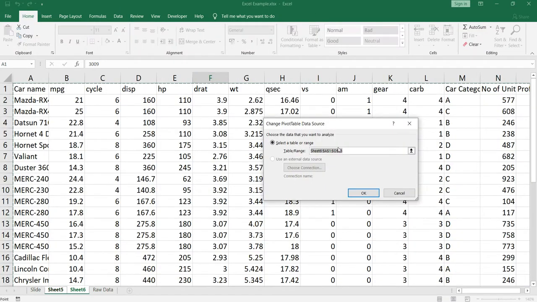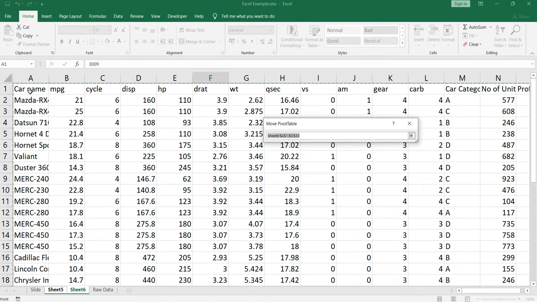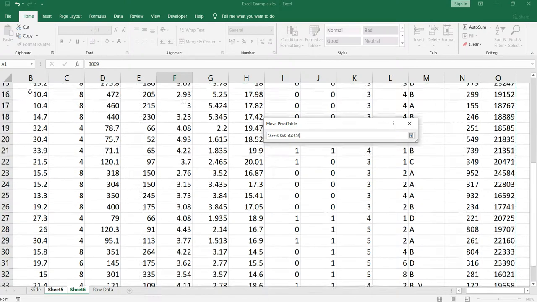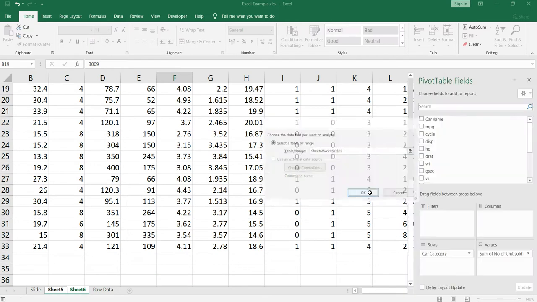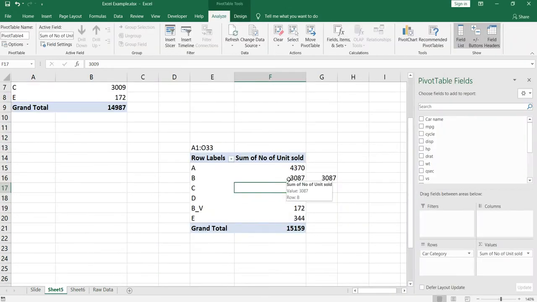It will take you to the sheet where your data is, then click on this button. Then select this entire range. Then again click on this button and click OK, and your pivot table will be refreshed and you will be able to see the new records which have been added in your raw data.